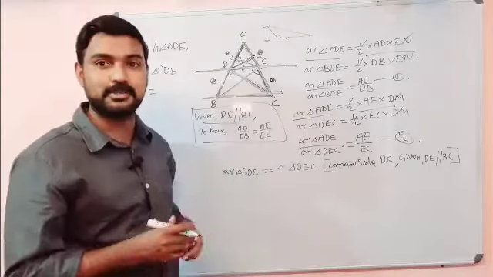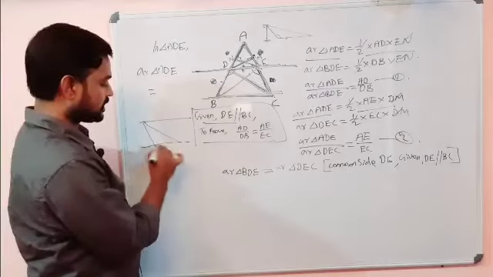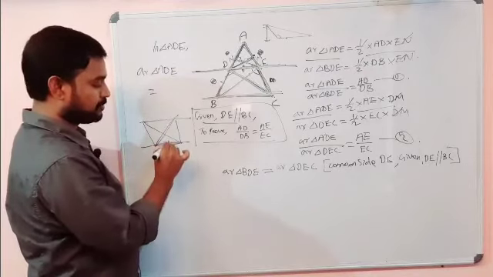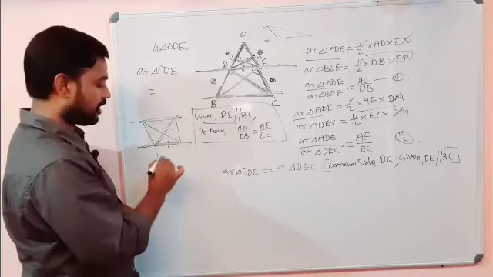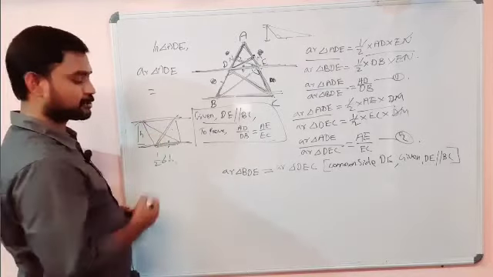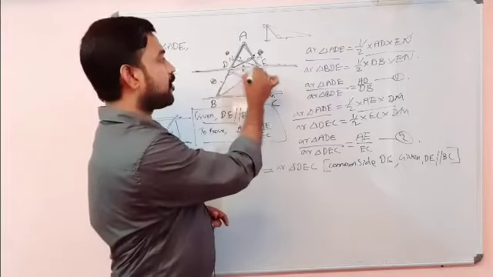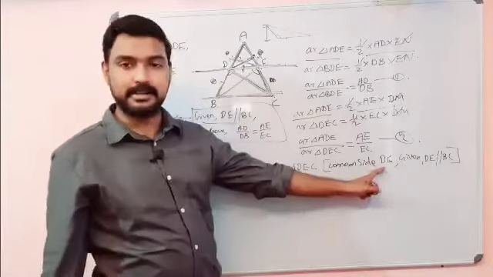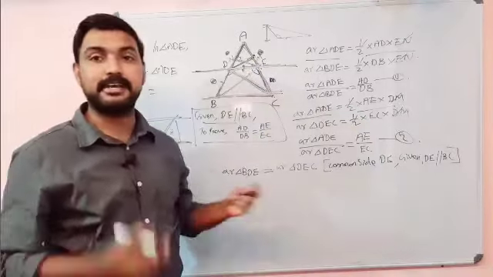When we studied in class 9th, what did we study? For example, two lines are there and two triangles are drawn. Yes, I drew one triangle. This is the base. With the same base, I am drawing another triangle. Both having the same base and between parallel lines, their areas will be the same. Why are their areas the same? Half base into height is the area. Base is the same, common. And height, in between these lines, is also the same. So these two triangles' areas are the same. Similarly, here our DE is common for the triangles BDE and DEC. So common side DE is there and these two triangles are between parallel lines. So these two triangles' areas are equal.